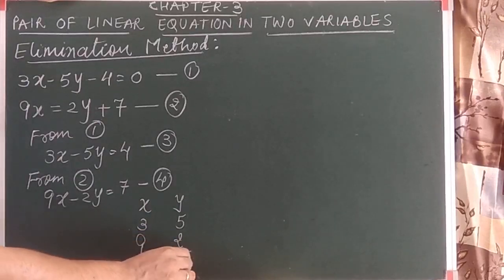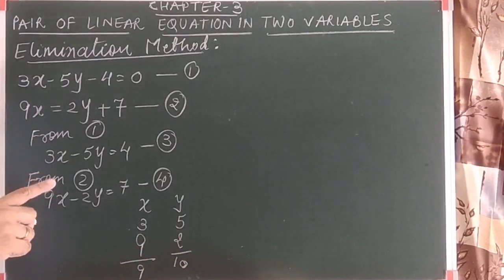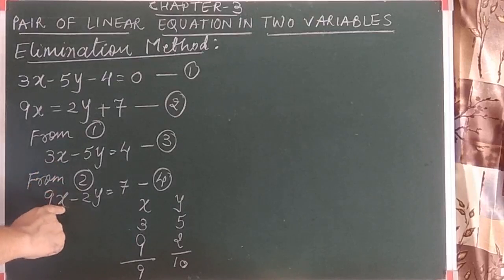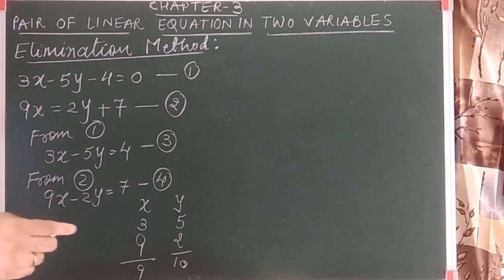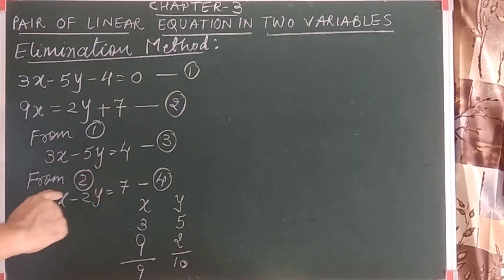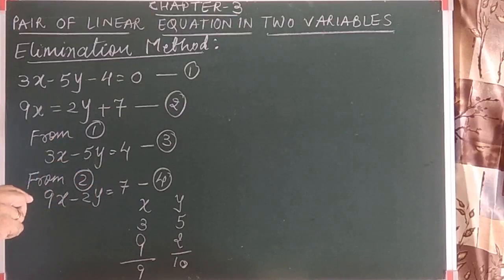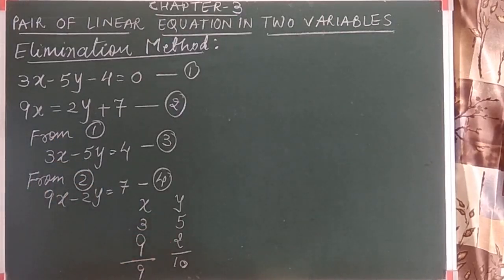दोबारा समझ लो elimination method क्या था. The elimination method means we have to eliminate one of the variables from the equation. How can we eliminate this? हम कब eliminate कर सकते हैं? If one of the coefficients of the variable x or y is equal, then we can eliminate that variable. X या y का coefficient additive inverse होना चाहिए. We can see that they are not equal or additive inverse, so we cannot cancel it.